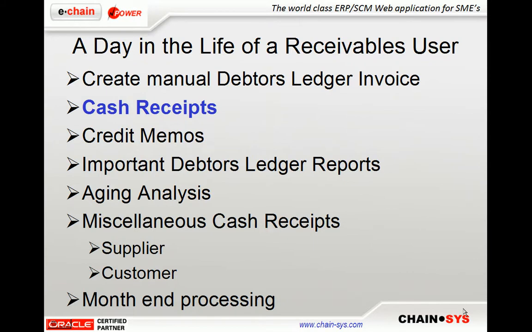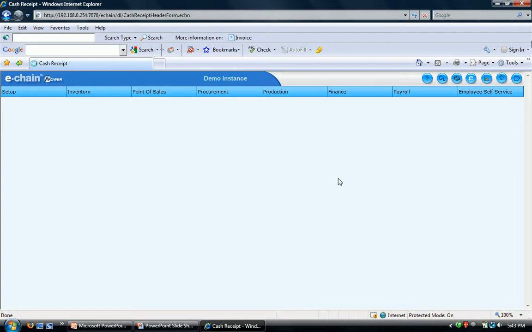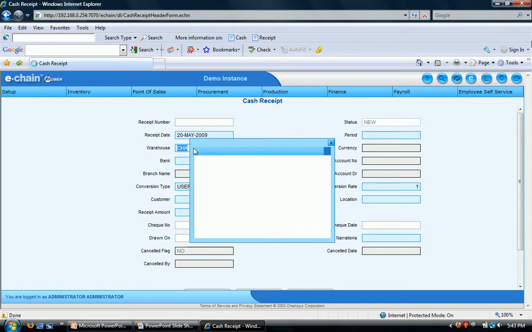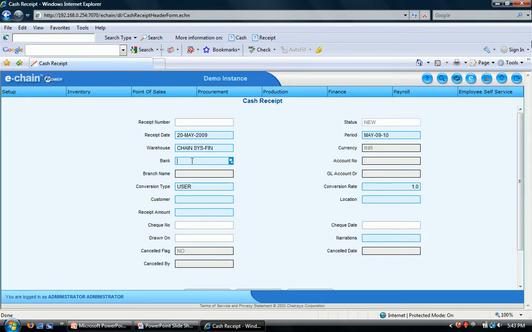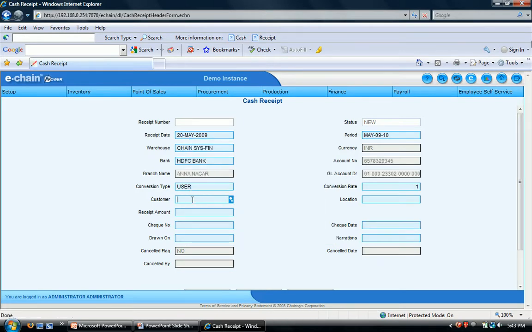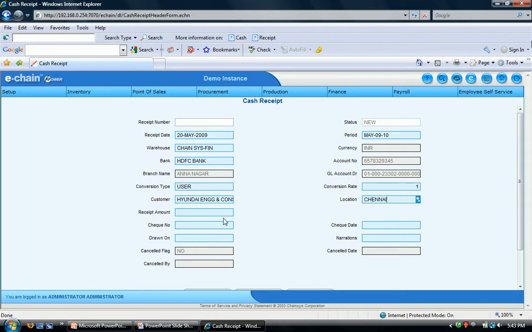Okay, so the next process we're going to take a look at today is how to do a cash receipt within Echain. Let's get started. Navigate up to Finance again, Debtor's Ledger, and Cash Receipt. Here I'm going to enter in my warehouse, the bank, HDFC. Then I'm going to look up my customer here. Put in the customer's location, the amount of the receipt,